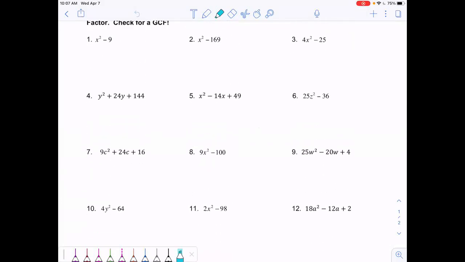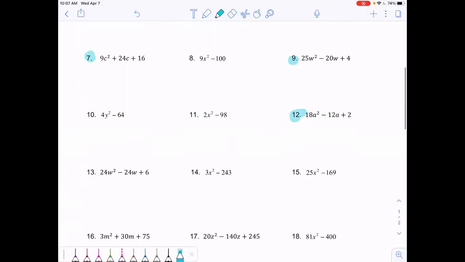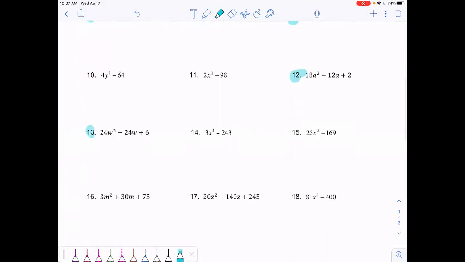Anybody? So which ones look like the pattern we just did today? The new pattern. Yell them out. 4, good. What else? 5, 7, 9, 12, 13, good. What else you got? 16 and 17, good. I also want to go through and pick out the ones that have a GCF first,